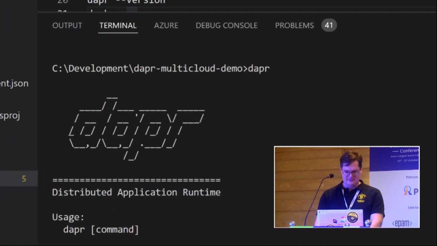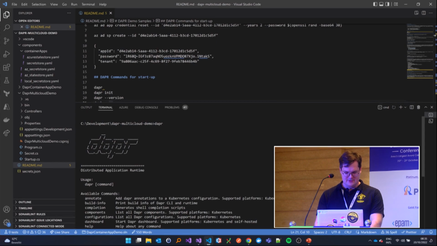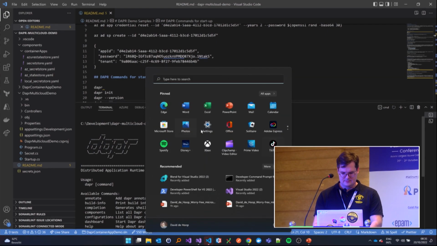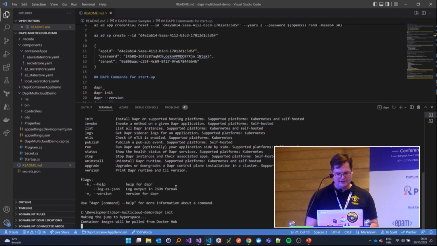So here, we'll have the DAPR distributed application runtime. After you have installed it via your package manager, oh, where's my mouse? Here it is. So you would have to run DAPR init, and then it would basically